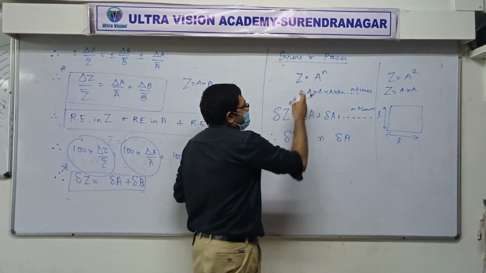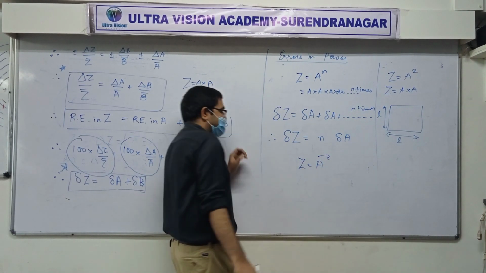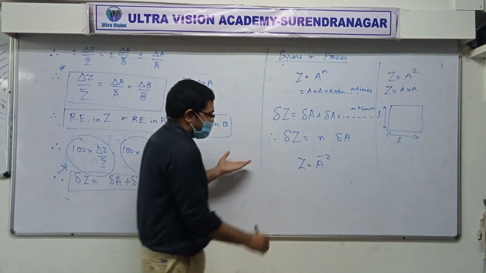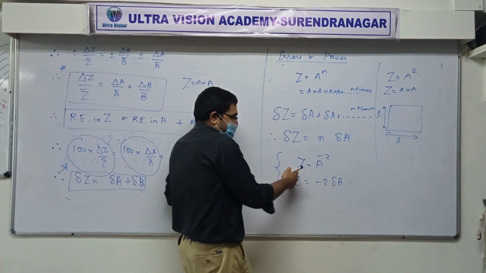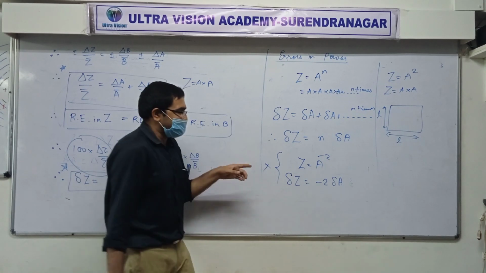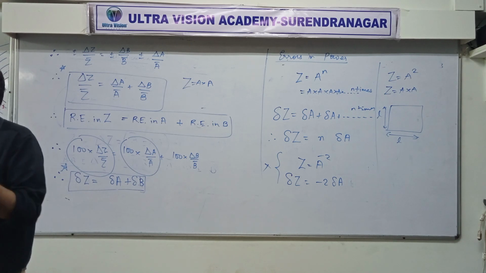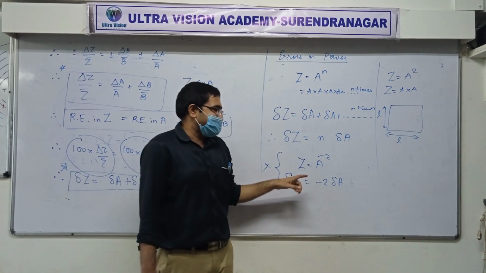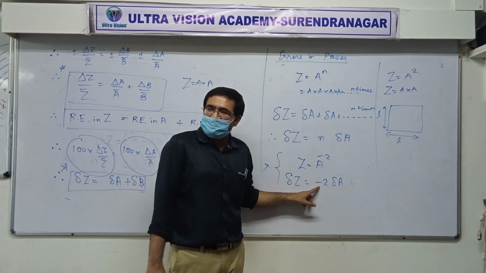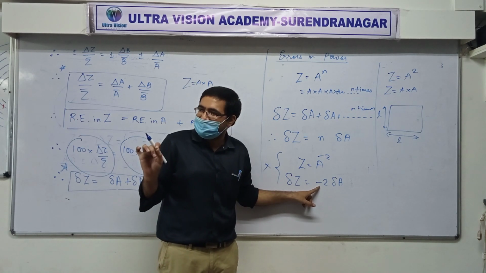Now here, what if it's negative? Suppose someone might give you something of this kind, let's say. Errors cannot be negative, so you should not write a relation like this. I am telling you that this is wrong. If z is a raised to minus 2, then del z cannot be minus 2 times del a. Why? Errors can only be added, never subtracted. You cannot remove it. If you have got a minus sign here, that's not valid, because errors cannot be subtracted from anything. They can only be added.